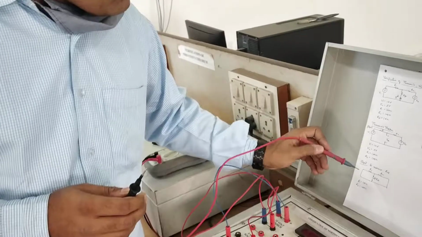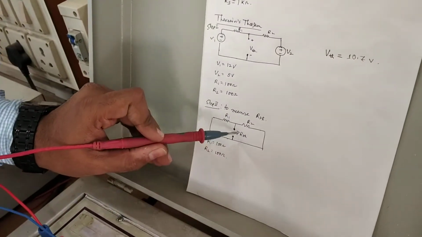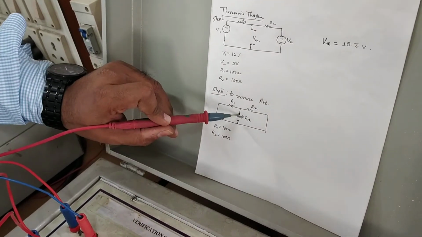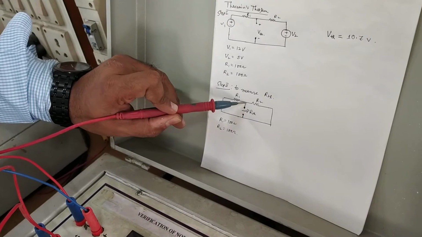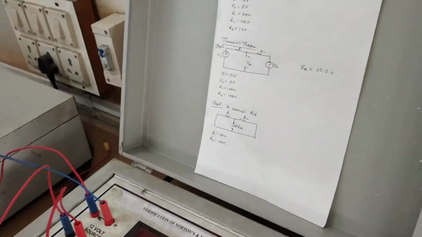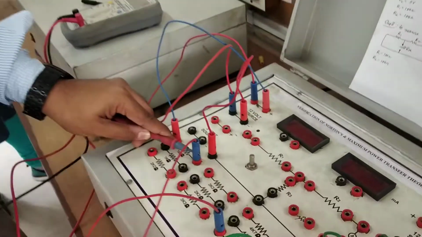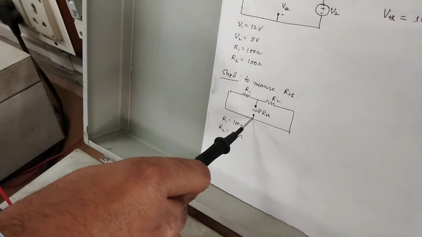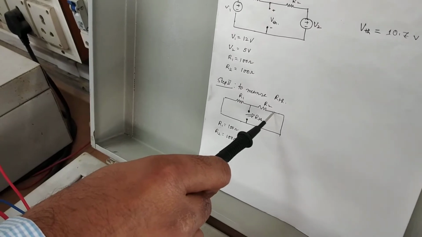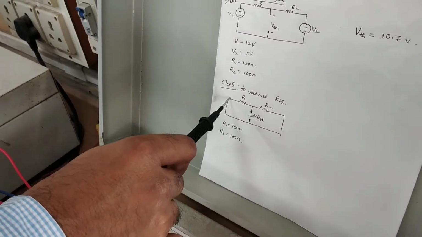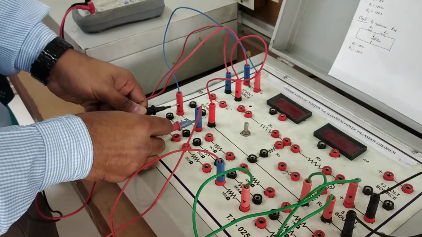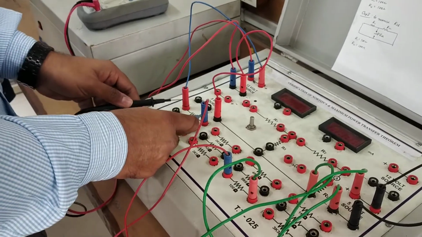So you see, the Thevenin resistance must be measured with respect to this load terminal. So one terminal is at the junction between R1 and R2. So we fix one terminal here, at this junction between R1 and R2, and the other terminal is either the head end of R1 or the tail end of R2. This is the head end of R1, so we should fix here. Now let's see what is coming.